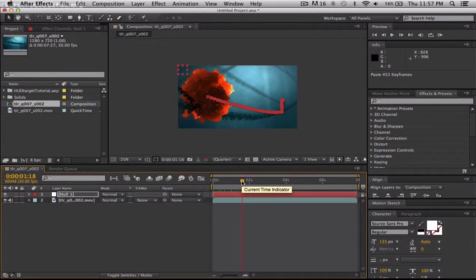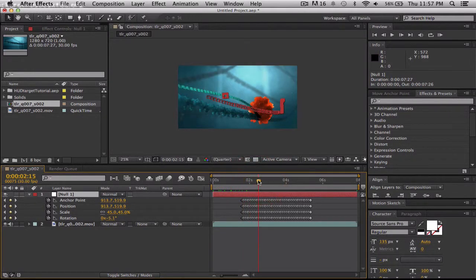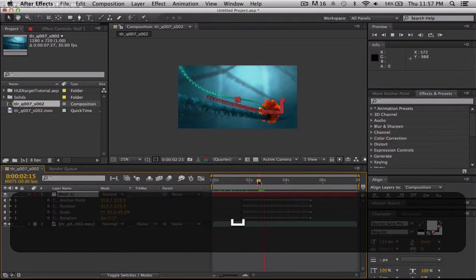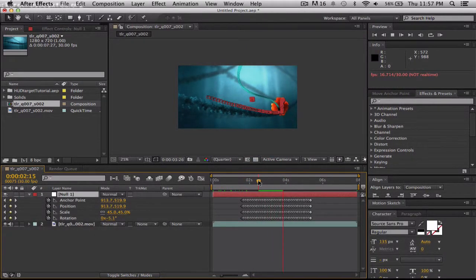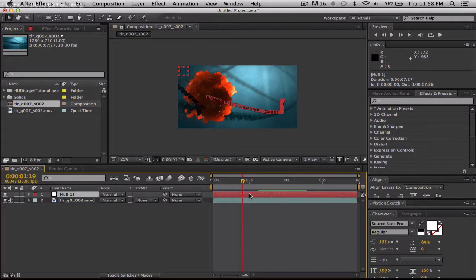As you can see, now you have all these keyframes that you're tracking. That's great. Now let's add our text. So let's start again at the beginning,